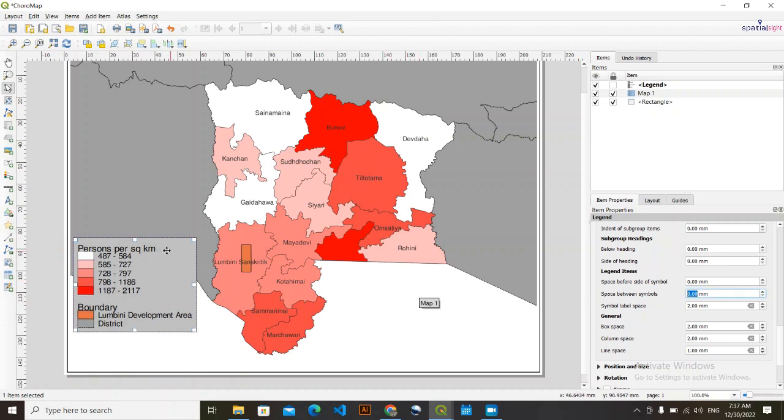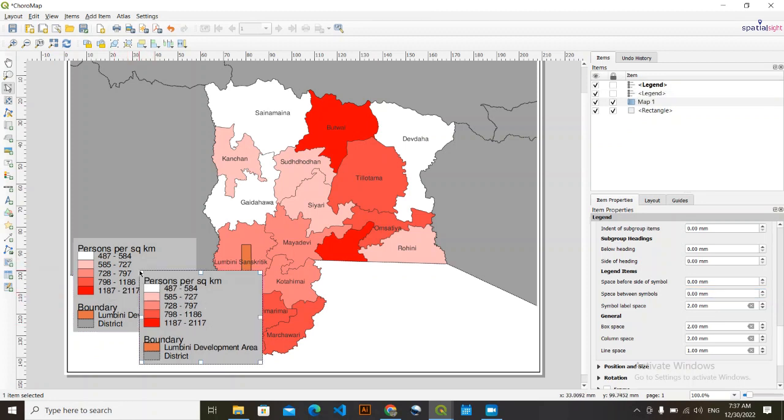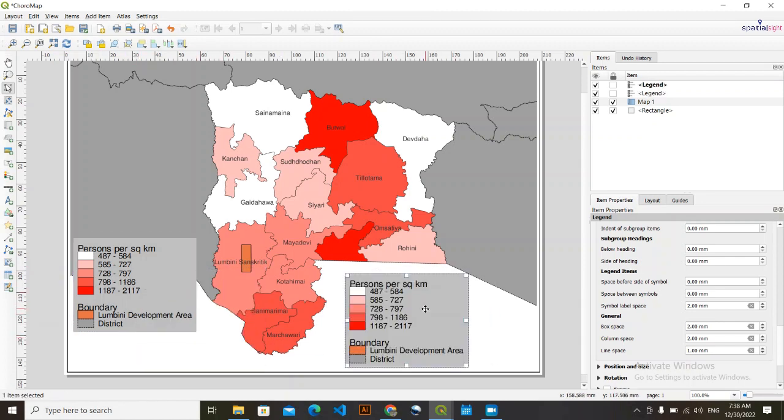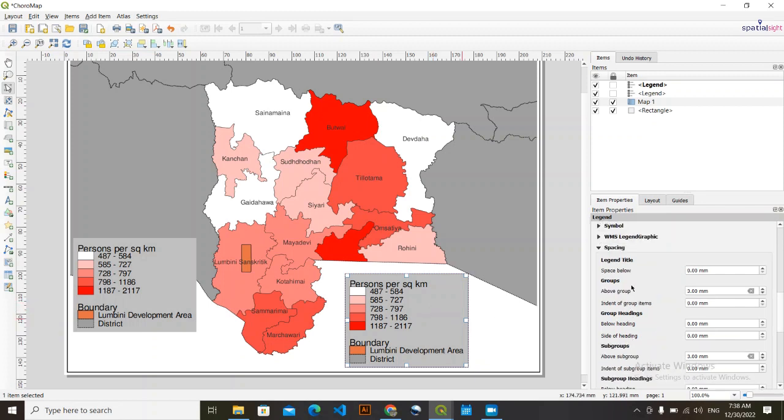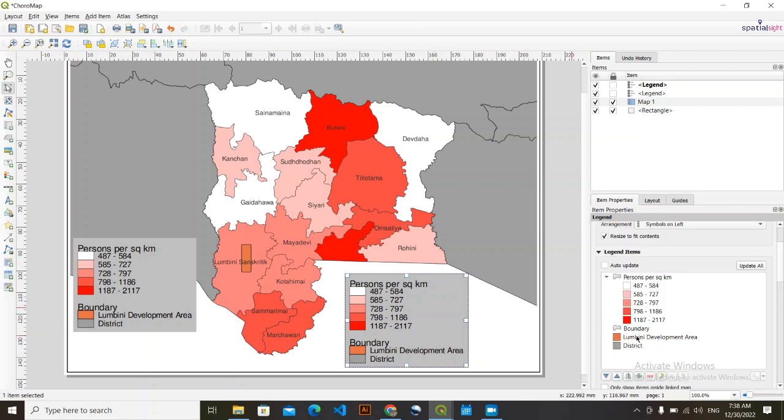You may notice that by doing this, other boundaries and other things have also been affected. So to solve that problem, I'm simply pressing Control C, Control V. Then in this legend, I will be simply removing all these things,